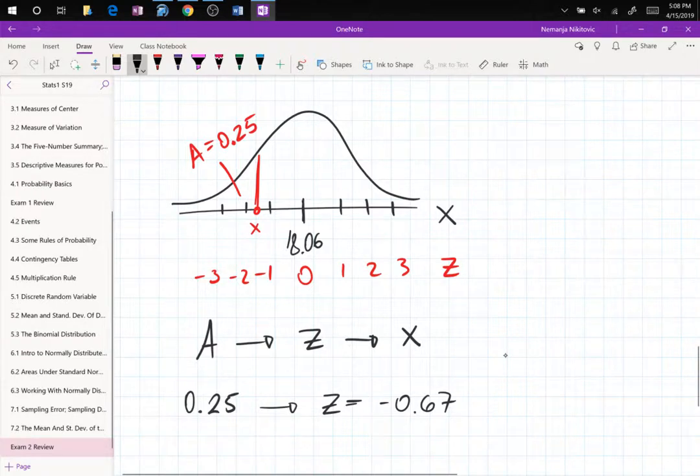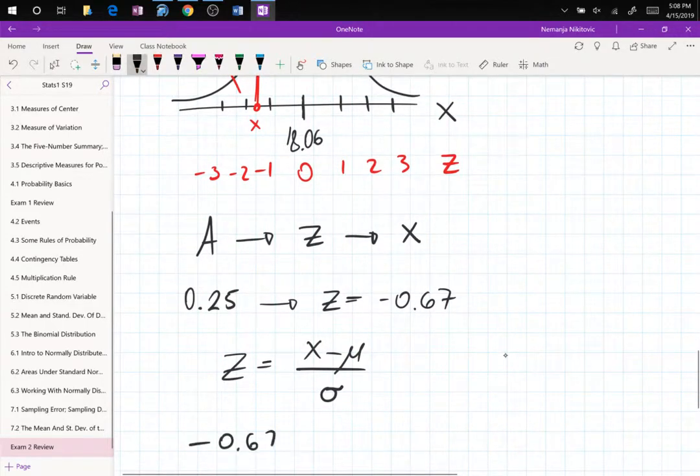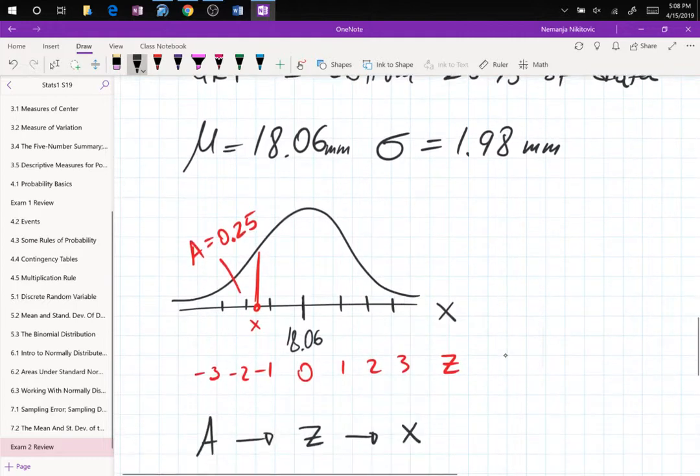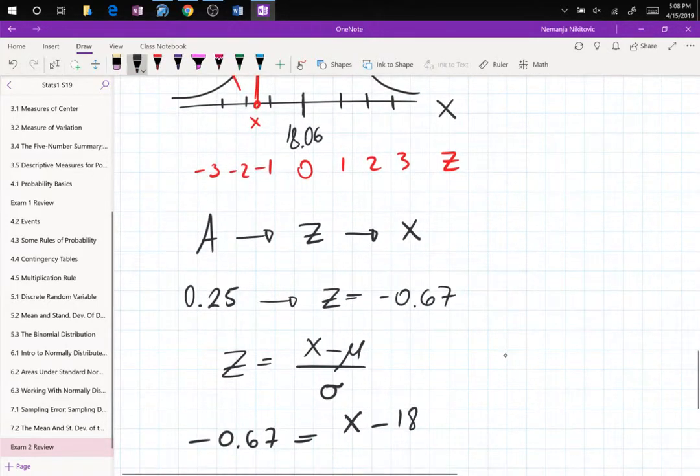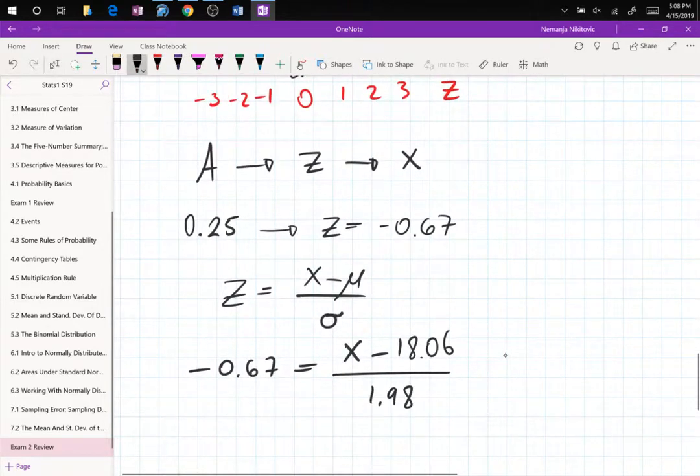And then, once we have the z-score, we have the formula that the z-score is equal to x minus mu over sigma. You have all of these values. You know that your sigma, holy nightmare, come on. There we go. So now z-score is negative 0.67, x is unknown, the mean is given as 18.06, and your standard deviation 1.98. Cross multiply, add 18.06, and you're done. So we have